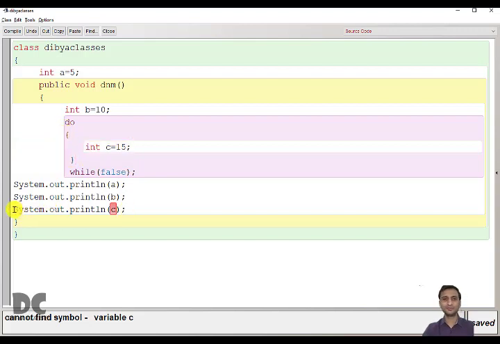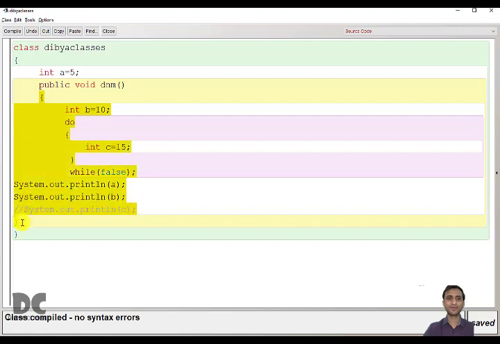So let us delete this now and compile it. See, you are not getting an error because a and b are well within the scope. So this is the area of b. You have declared in this area, you are printing in that area, so it will work. And this is known as the scope of the variable. The scope of the variable means the area within which a variable can be used, and the area is defined by the curly brackets where it is declared. The area of c is this one, the area of b is this one, and the area of a is this one.